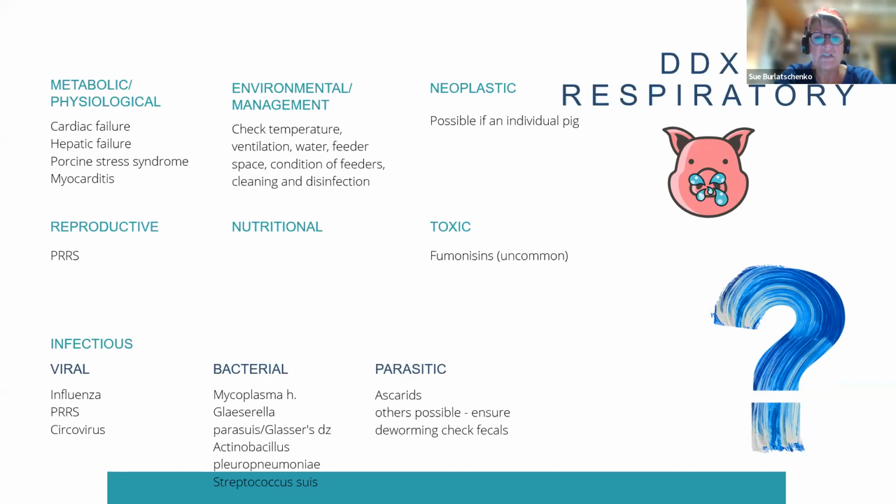Mycoplasma, Glasser's disease, Actinobacillus pneumoniae, strep suis, so the bacterial kind of rule outs. Parasitic for sure. If you open that pig up and you had really spotty liver, you're going to immediately start thinking ascarid migration, and severe ascarids, we know it can choke a foal and kill it, but severe ascarids in